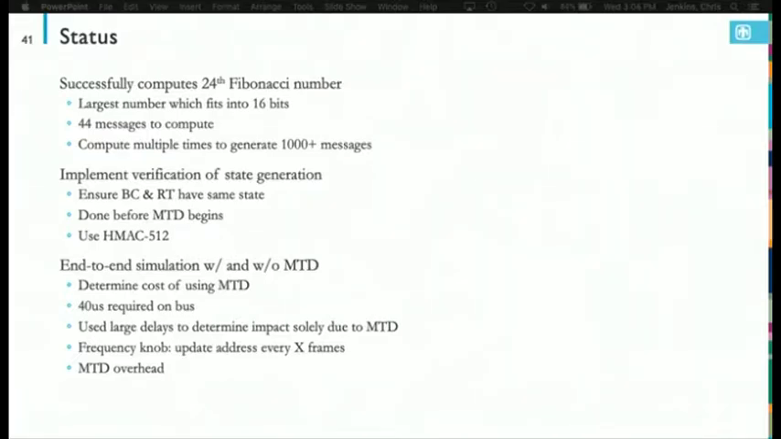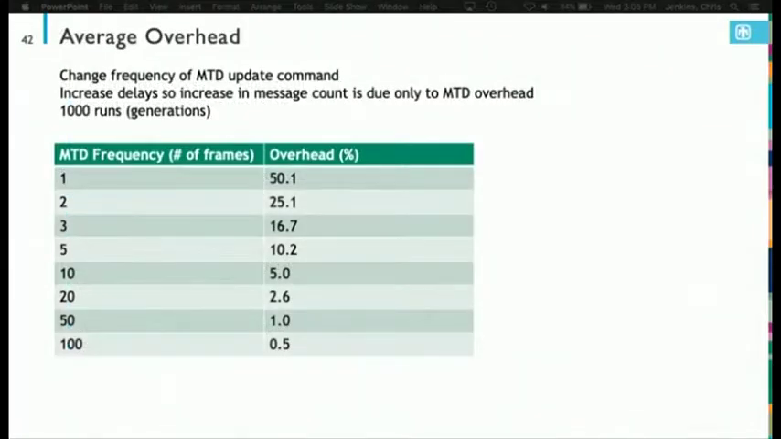So for our experimentation to calculate the overhead, we had a 20 millisecond delay after MTD update command, and between the receive and transmit command, we had a 10 millisecond delay. So any additional messages would be purely due to turning on moving target defense. And so for an MTD frequency of 1 frame, in our particular experiment, a frame is 2 messages, we have 50% overhead, which makes a lot of sense. 2 messages, you now have 3 messages, 50% overhead. But if you move up to 100 frames, you can get down to less than 1%